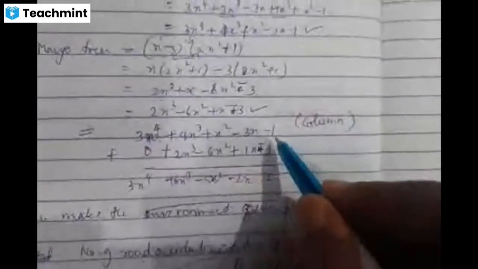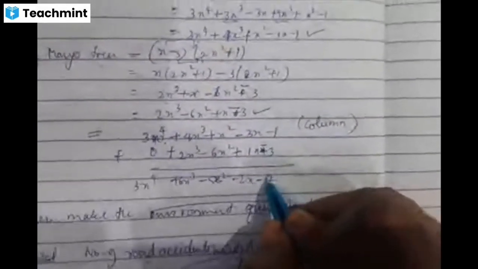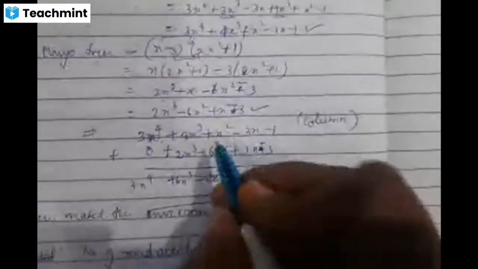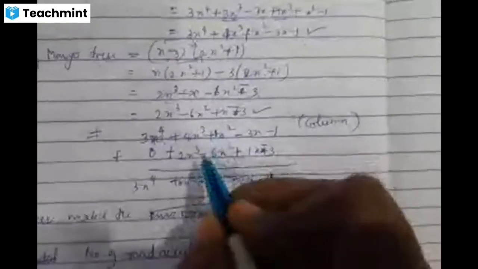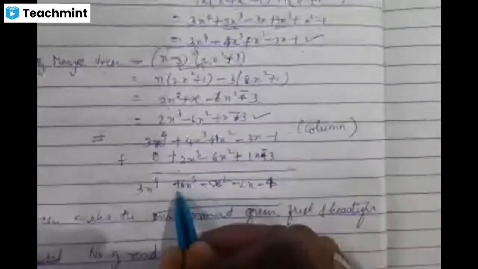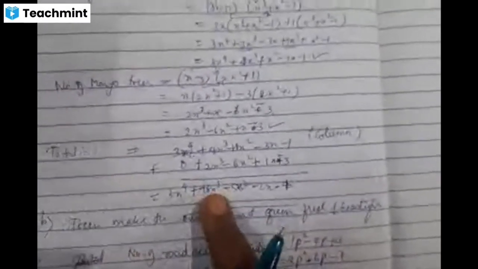Now when we add, we know how to add the integers. Minus 3 minus 1 is minus 4. Minus 3 plus 1 minus 2. Here you have 1. Minus 6 plus 1 minus 5 plus 2 plus 4 plus 6. And then here 3x to the power of 4 plus 0 is the same term you get. So this is the total number of trees of Ashoka and mango trees which were planted on Vana Mahotsava day.